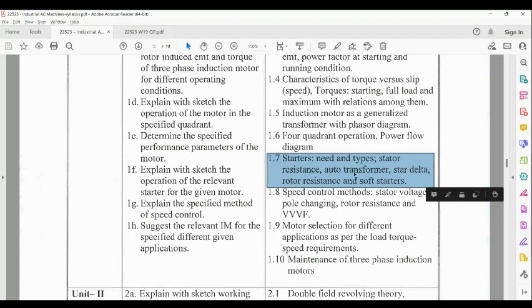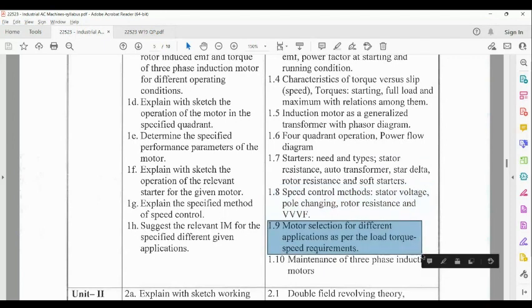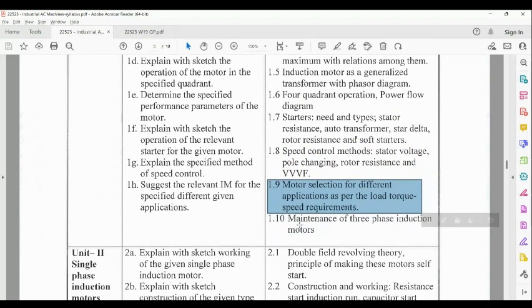Okay, so you have to concentrate on this topic because this is totally theoretical and it is the easy part. After that the next point is speed control methods of three-phase induction motor. So this is also one important point. You may have one question on this topic and a second question on this topic. And after that, what is the selection criteria for different applications when you select a three-phase induction motor,